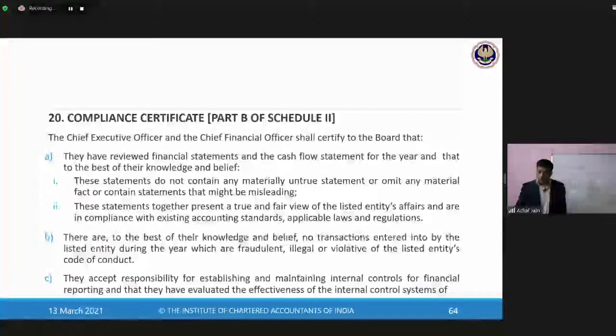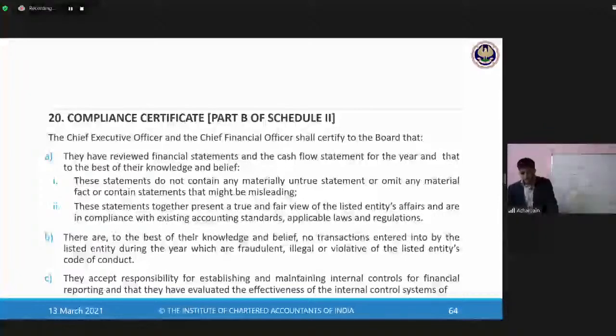These statements together present a true and fair view of the listed company's affairs, and they are in compliance with the accounting standards, applicable laws and regulations. To the best of their knowledge and belief, there are no transactions entered into by the listed company during the year which were fraudulent, illegal, or violative of the entity's code